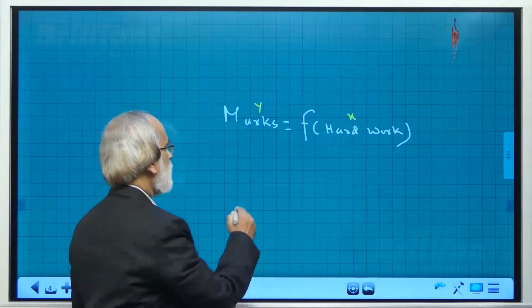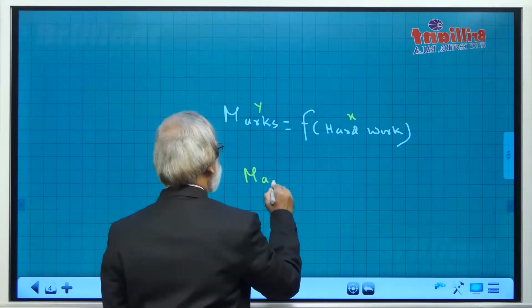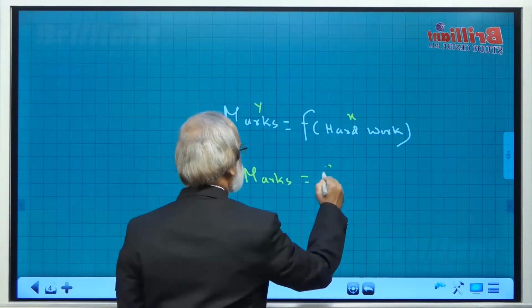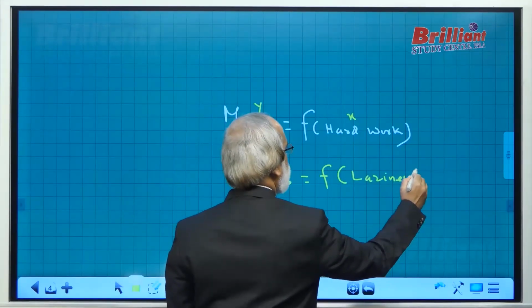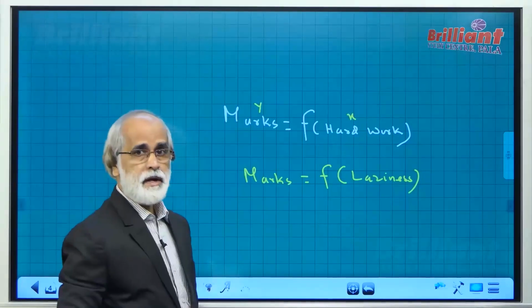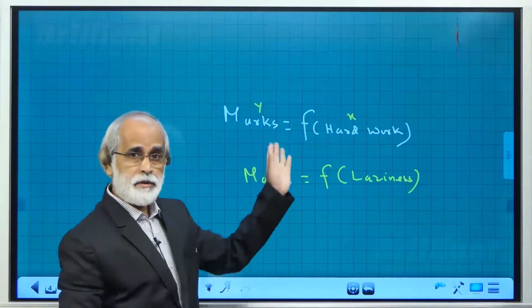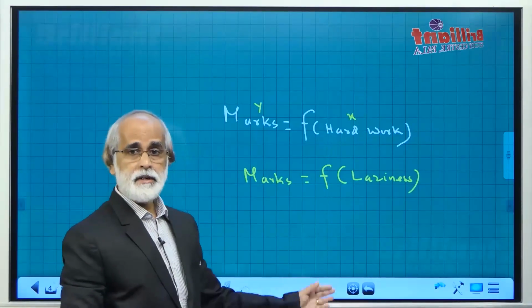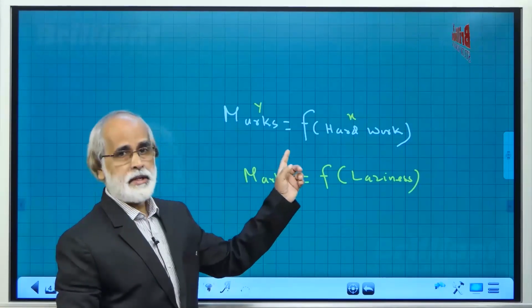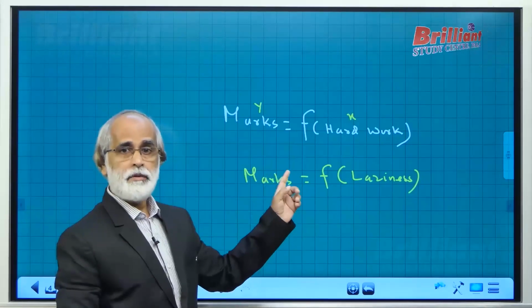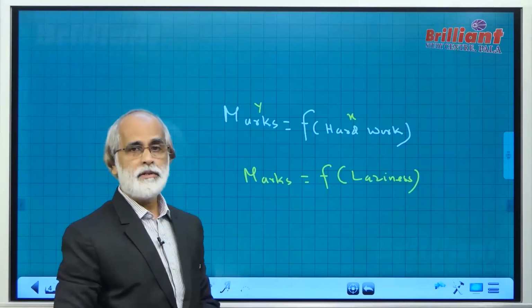Also, it can be regarded that marks is a decreasing function of laziness. What is the meaning that marks is a decreasing function of laziness? As laziness increases, marks will go down. As laziness decreases, marks will go up. So these two things I would like to give you as a message before going into the details of